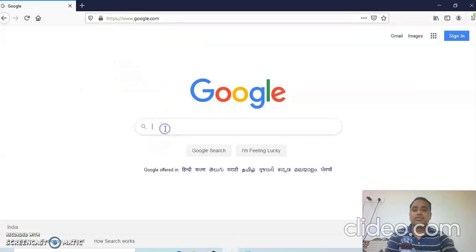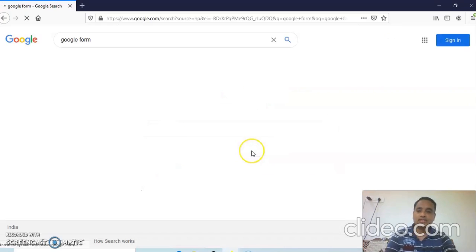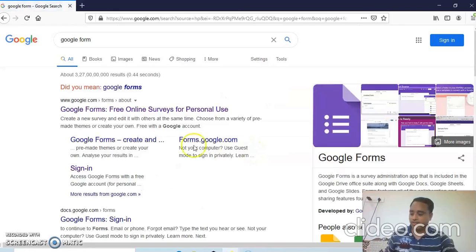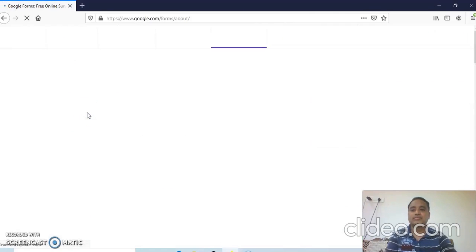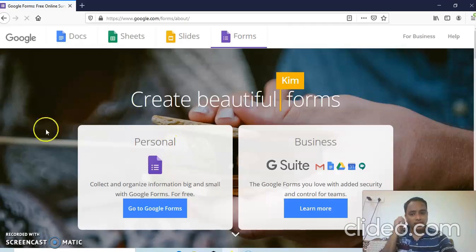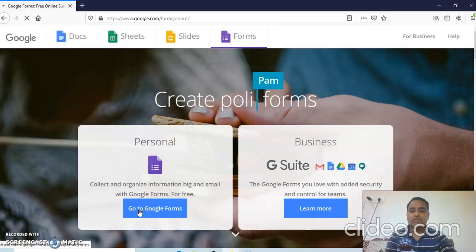Now we have to type Google Form and press Enter. It shows the link for Google Form, and we just have to click here. As soon as we click, it shows two sections, personal and business. We go for personal, go to Google Form.